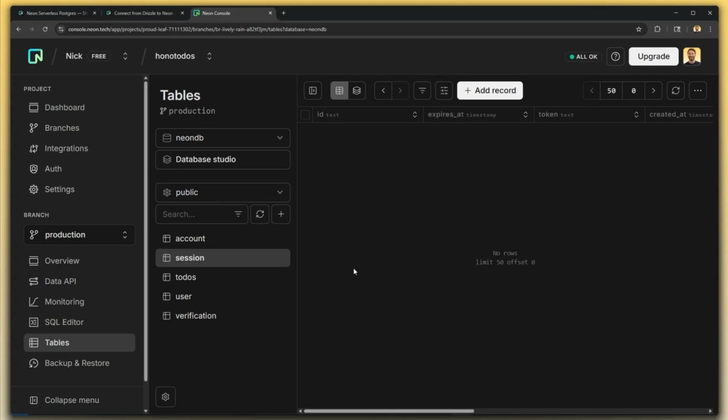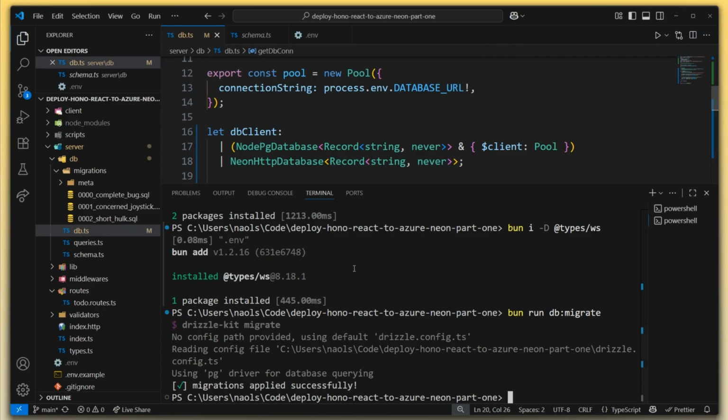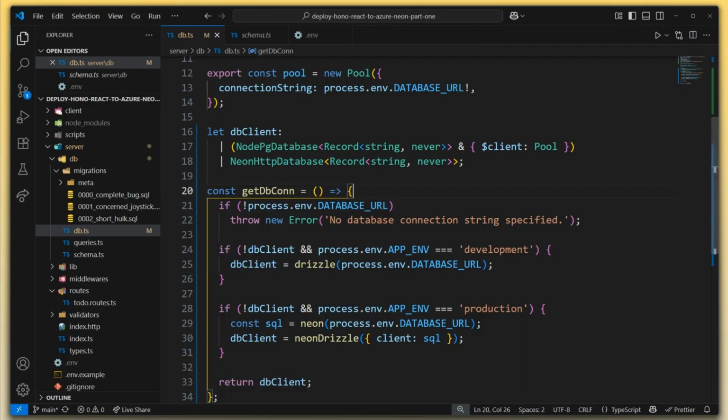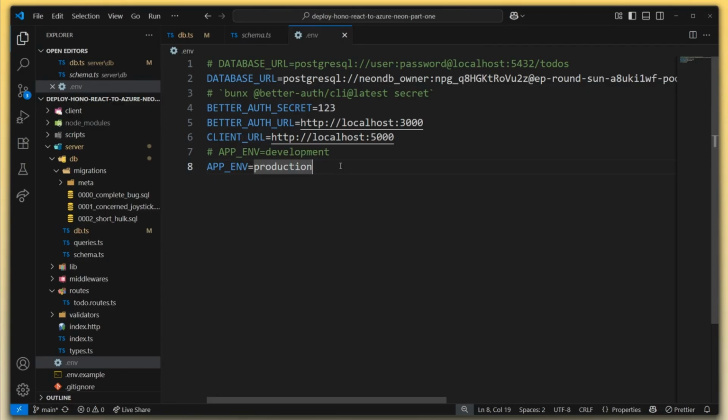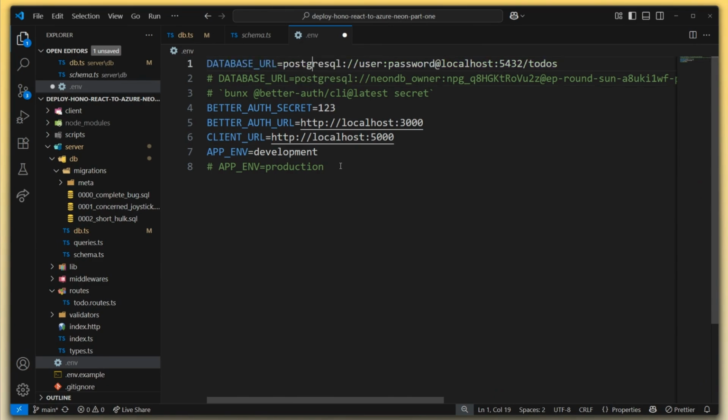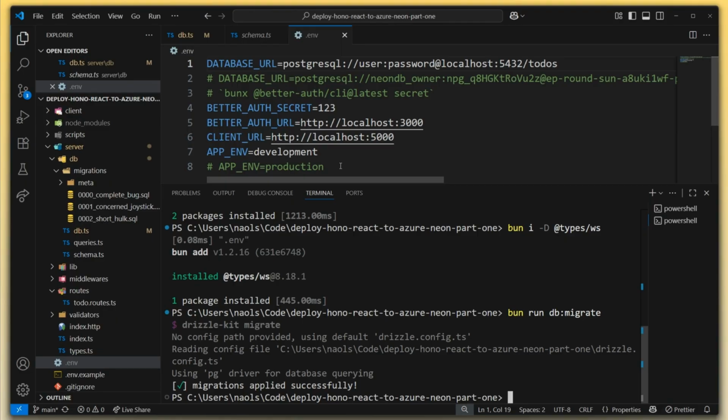So now I also want to quickly verify that I can still run my app against my local database as well. So if I come back over to my env file and I comment out production, bring back development, comment out the prod URL and bring back the dev URL, and then I go ahead and say I'll run this locally, bun run dev,